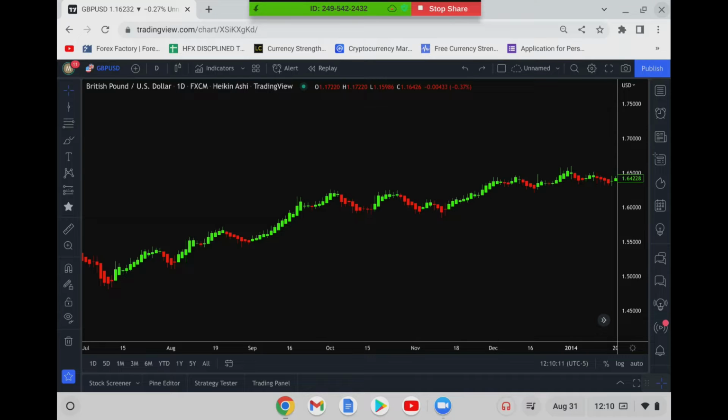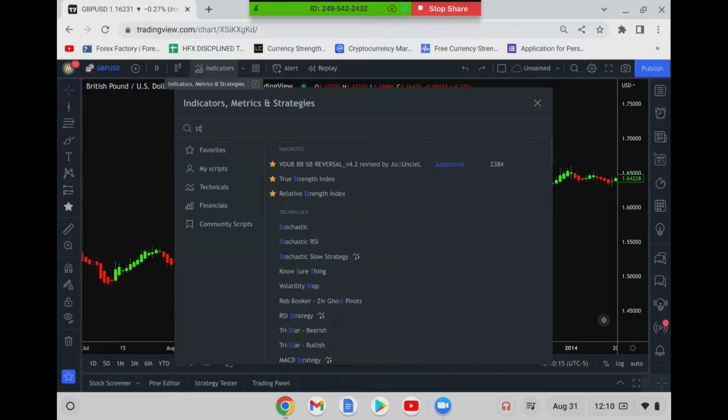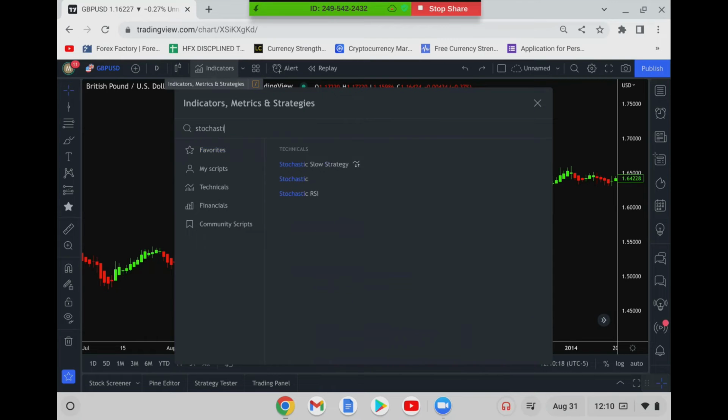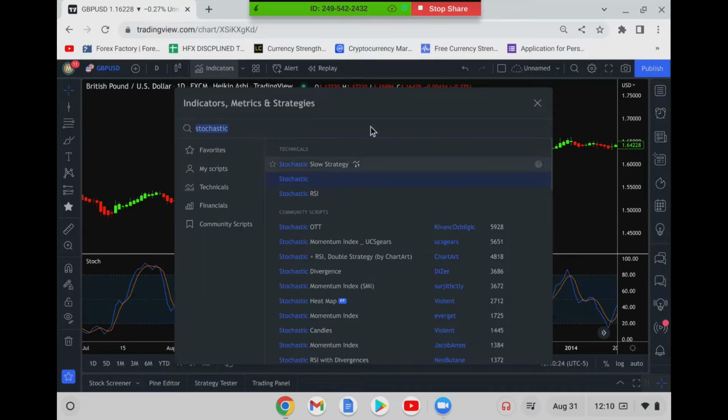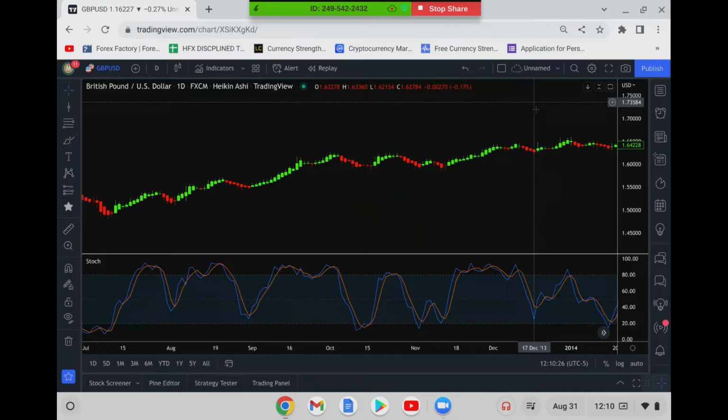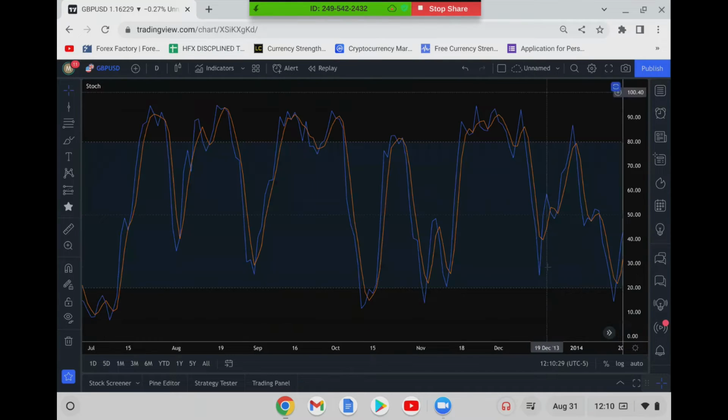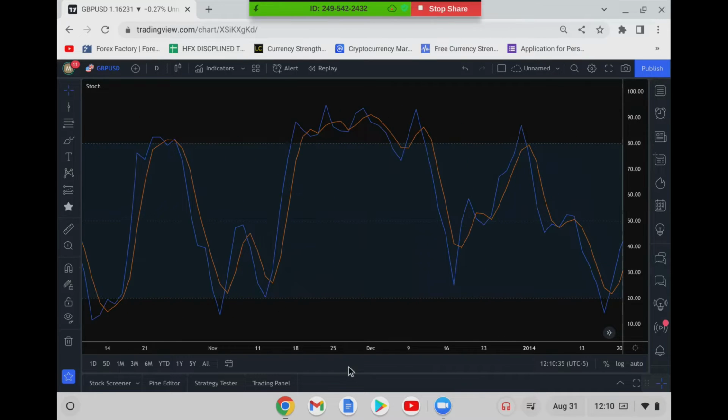We're going to start by scrolling up here to indicators, and we're going to type in stochastic. I'm going to select the second one right here. I'm just going to tap it once. And boom, we have the stochastic here on our screen. So let's go ahead and zoom into the stochastic, and I'm going to point out a few important tidbits regarding